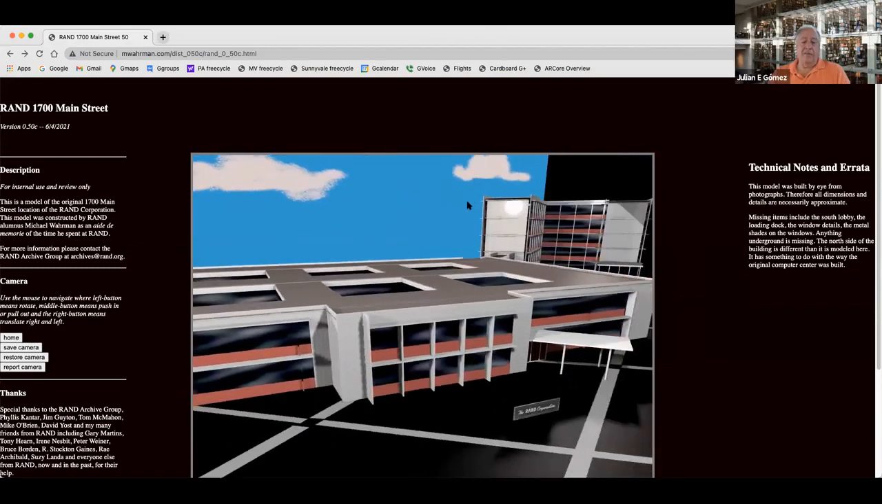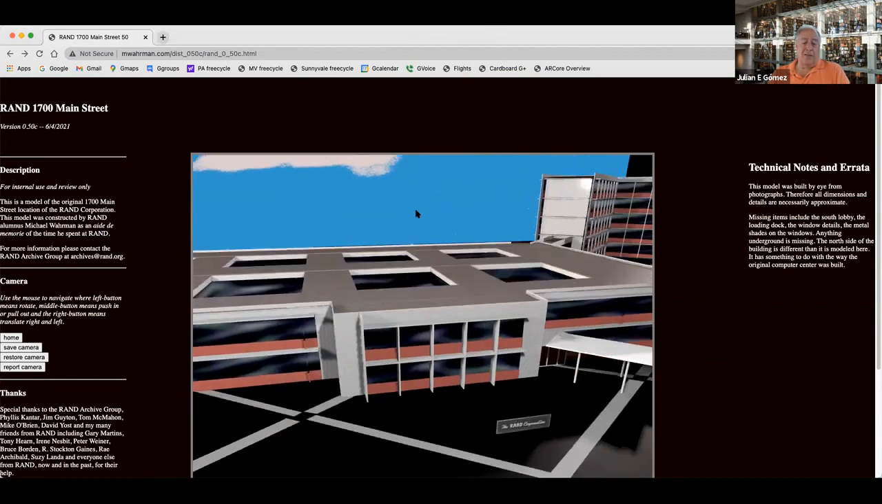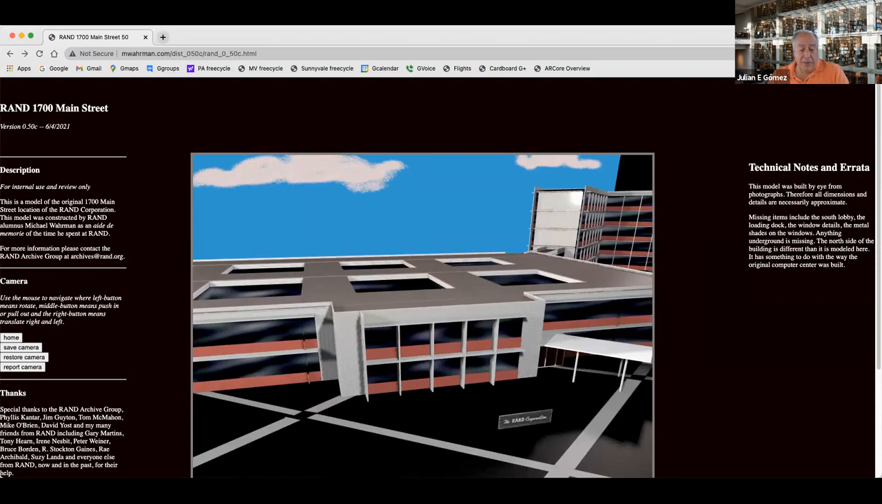Perfect. Okay. Thank you. So going back to preservation, as I said, this building no longer exists, but that was where the meeting was held. Now back to